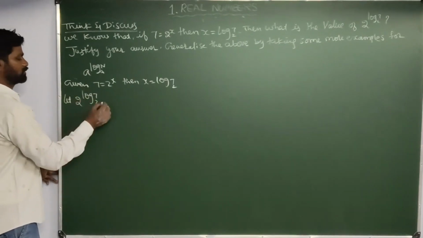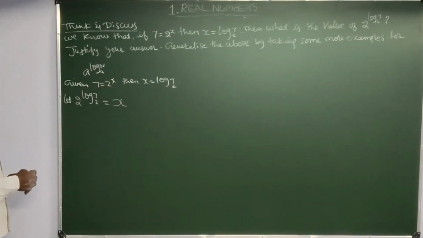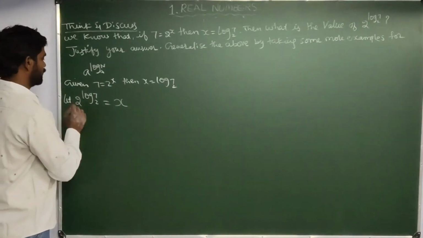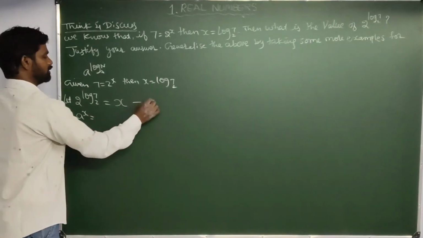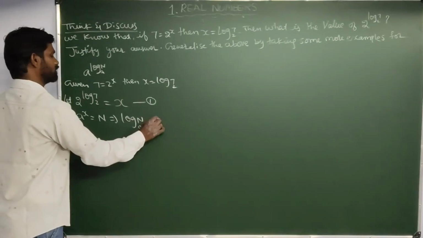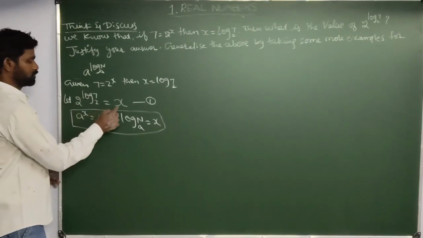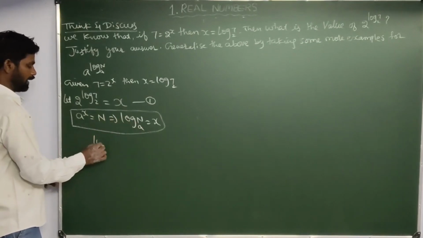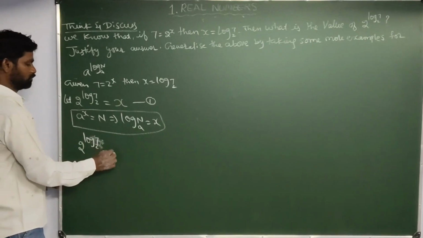So let log 7 base 2 be equal to x. Okay now. Right. So here we have the formula. What is that formula? Consider this as equation 1: a power x is equal to n implies log n base a is equal to x, by using the definition of logarithm. So here a power x is equal to n. Now write this in the form of logarithm. Let me write the question: 2 power log 7 base 2 is equal to